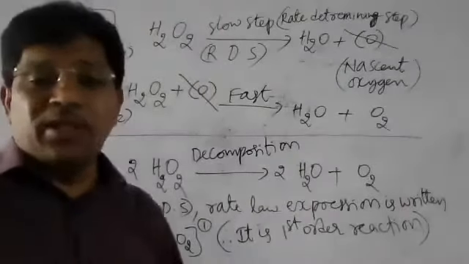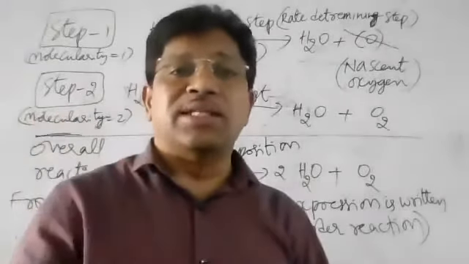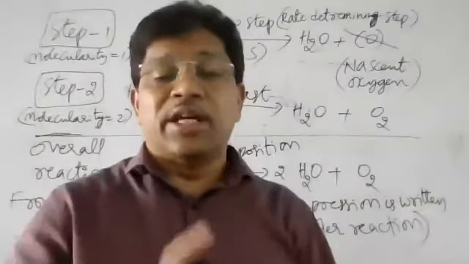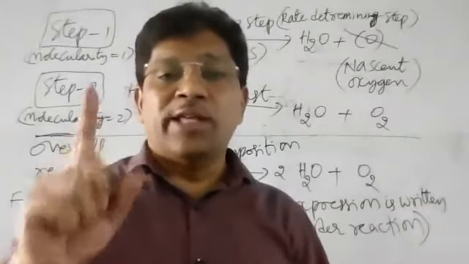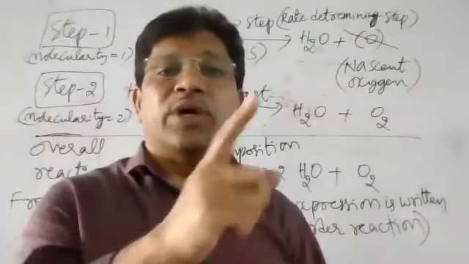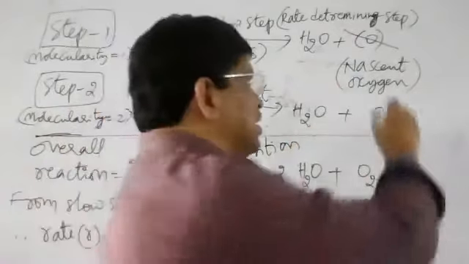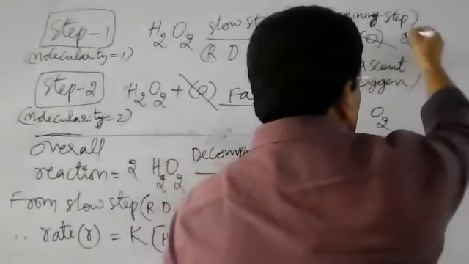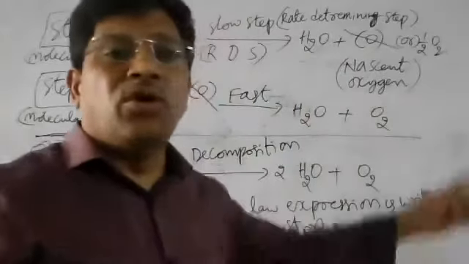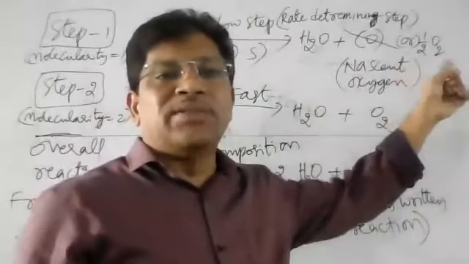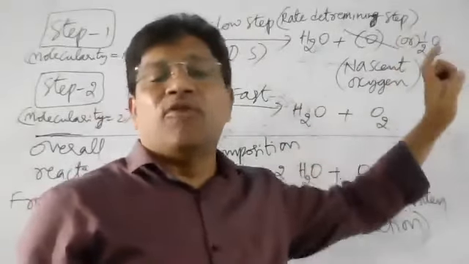Okay. Now tell me, in this reaction, understood everyone here? So the decomposition of H2O2 is a complex reaction. It occurs in how many steps? 2 steps. In first step, one H2O2 molecule dissociates into H2O and nascent oxygen O. In some books, this nascent oxygen will be written as half O2. Half O2 indicates what? One oxygen atom. So one oxygen atom we can represent, otherwise we can write half O2.